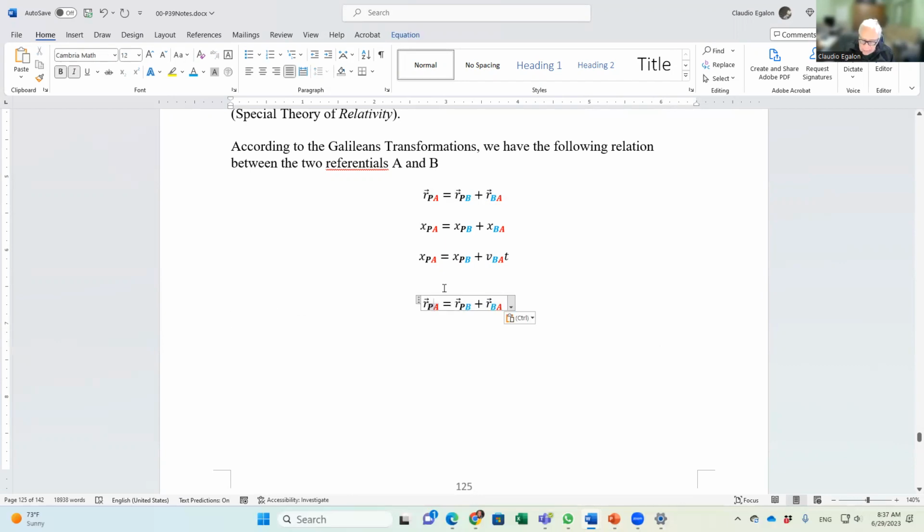And by the way, this notation works in the other way as well. Instead of taking all this with respect to referential A, we can take that with respect to referential B. The only thing that's going to change is the color of the referential B and the referential A. It works this way as well. PB, PB. AA, it is as though AA cancels out here. If we do that for the one-dimensional case,